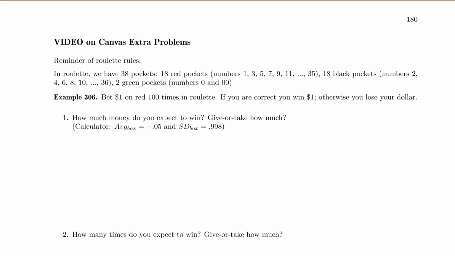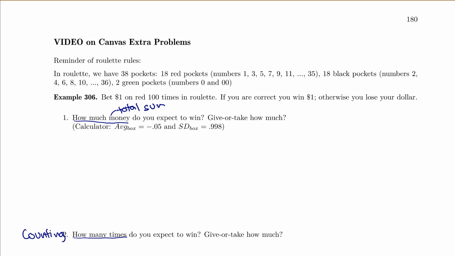But let's look carefully at problems 1 and 2 before we start. Number 1 says, how much money do you think you're going to win? How much do you expect to win? Whereas number 2 says, how many times do you expect to win? Do you see the difference in those two statements? The first one, how much money, is talking about the total sum. But number 2 is talking about counting. It's how many times. So the box that I'm going to do is going to have to be different for both of those. So as we go through, let's do our 3-step process to get to how much you expect